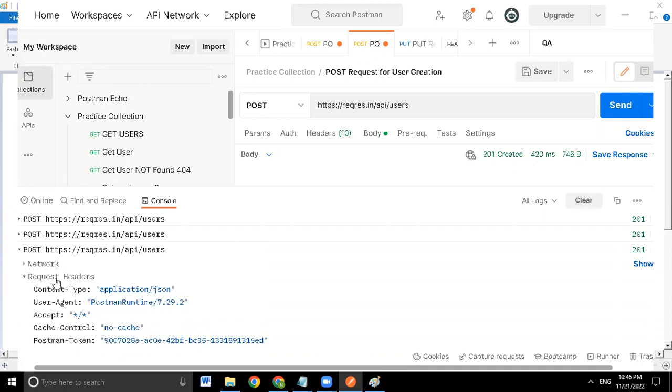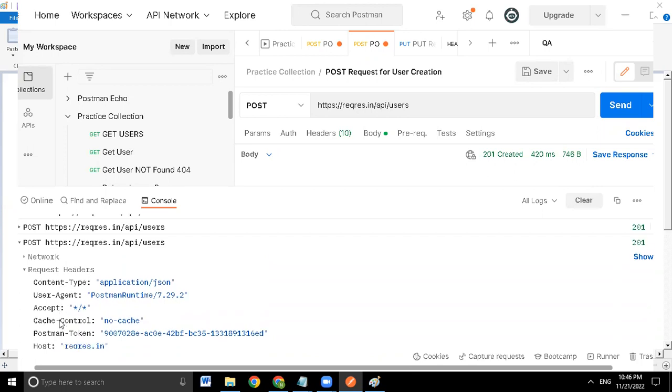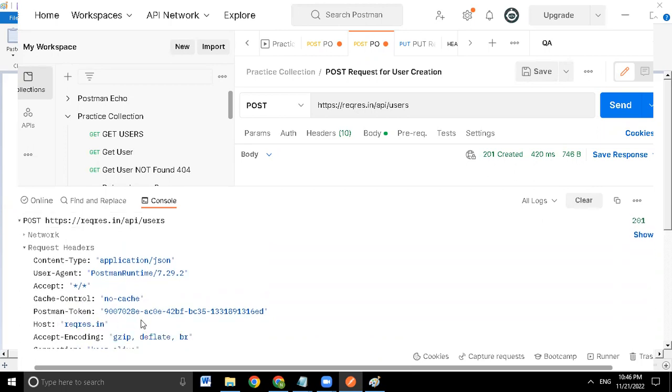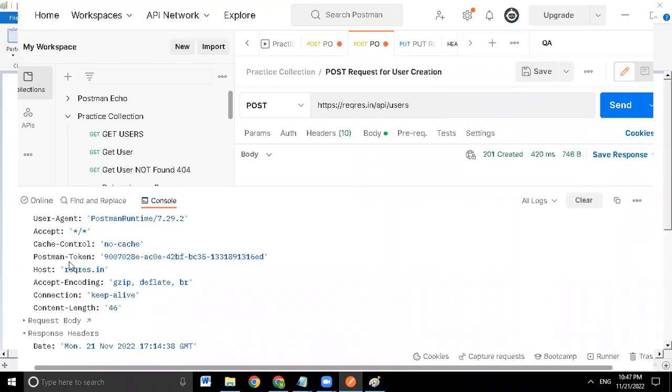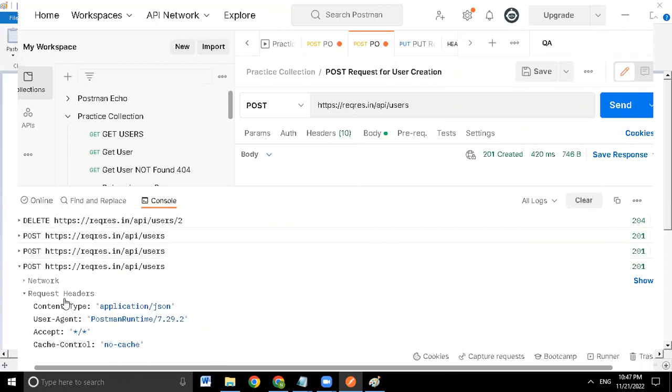Content type in the request headers was sent as application slash JSON, user agent, Postman runtime. This is another header key value pair sent in the headers. Okay, request headers. Then Postman token. Postman has sent some token also, right? And what are other headers key value pairs? So guys, server needs a lot of meta information. So that is why headers come into the picture. Whatever meta information is needed by the server, it is sent in the request headers